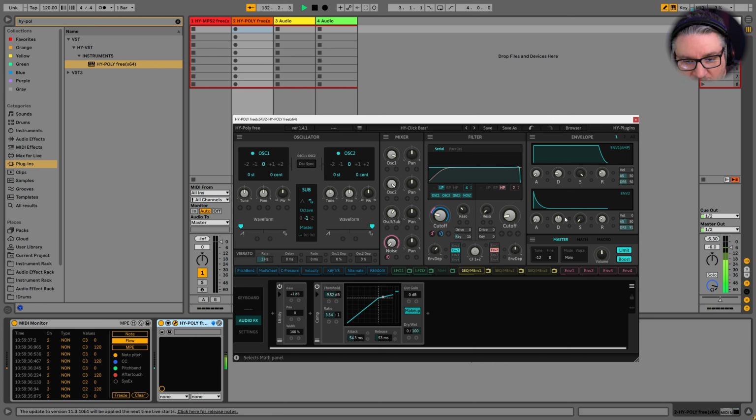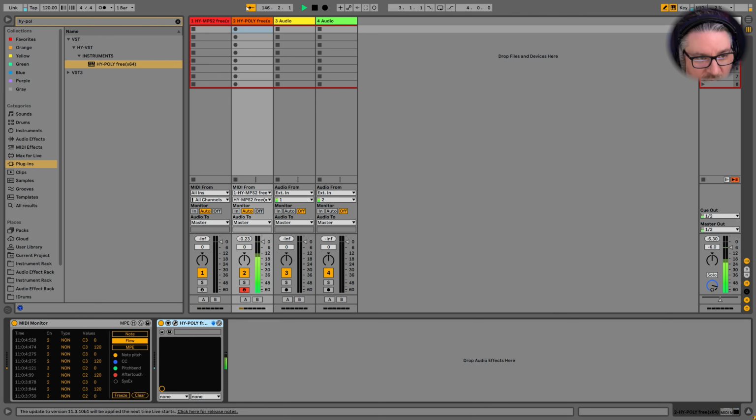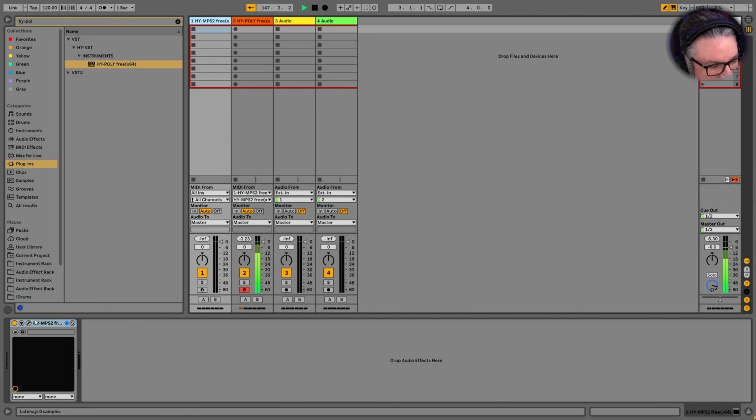And then we can also, so velocity is up on that. We actually don't need this. Let's remove it. Clear. We just want it here. It's going to control the response of the amplifier envelope to velocity. Let's do them both up. Oh, and here's the mode. Aha, we can go up to 8 voices, even with the free version. Wow, that's really nice. I'm definitely going to have to check that plugin out too.